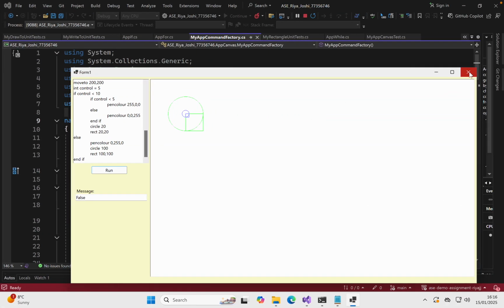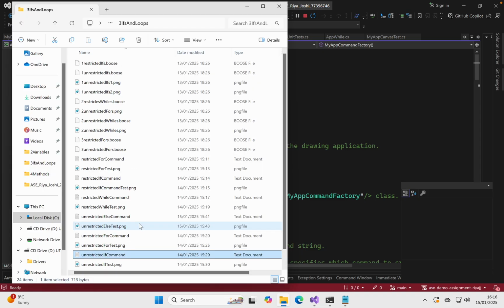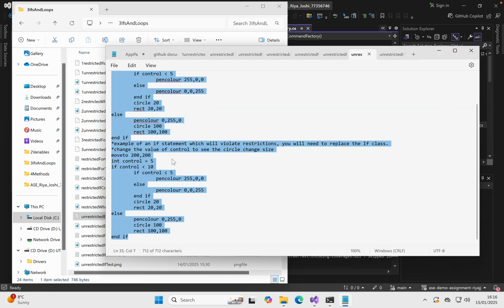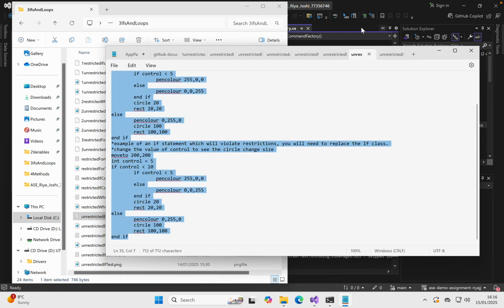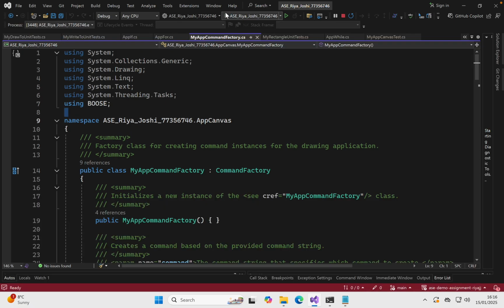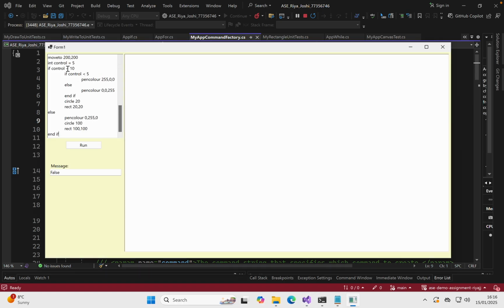Next one is else. So for else, we have the unrestricted else command. We are going to run this else code next. And here is the image of the else command.